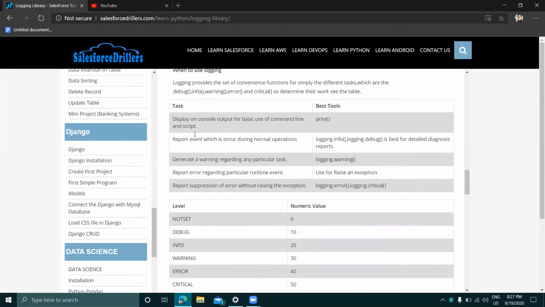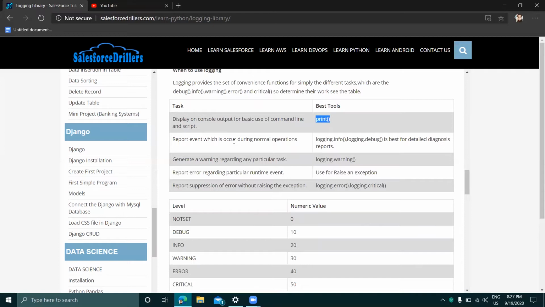Okay, so here the task is to display console output for the basic use of the command line and script. So obviously it is print. Print is used to print anything into the command line and scripts also. To report events which occur during normal operation, logging.info and logging.debug give the most detailed diagnostic report.